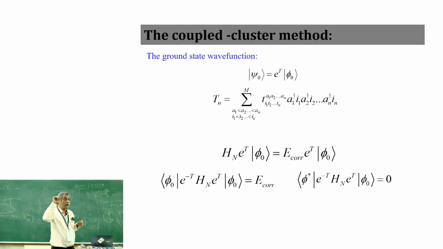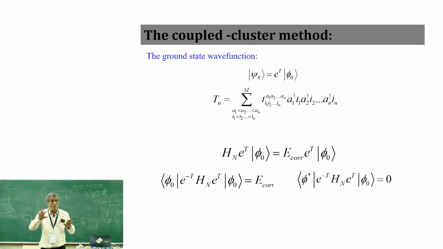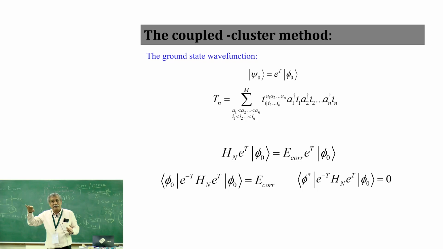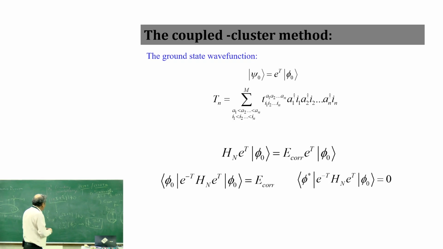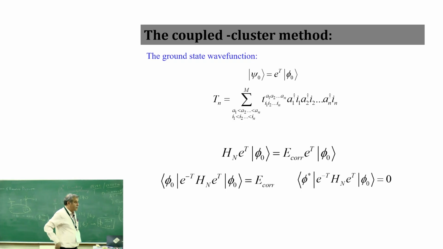And that was Sinanoglu's major work, to show that the pairs are important and not more than pairs. But 2 pairs, 3 pairs can independently come with a lower and lower probability, but they are effectively good. And if you miss that, and that is what CI does, if you miss that, you miss very, very important effects. And I will show you by an example how that effect comes in.